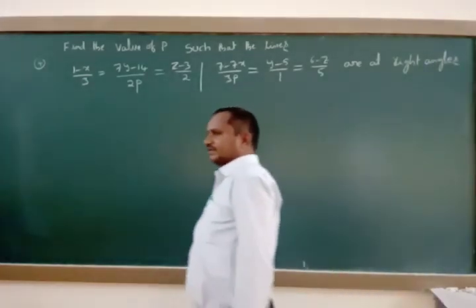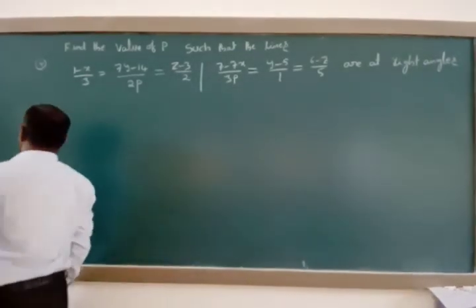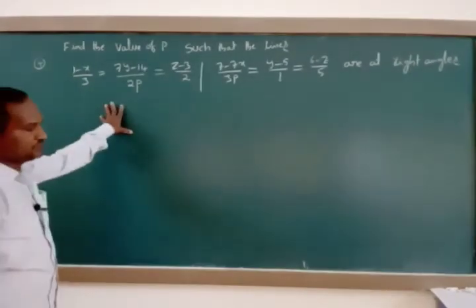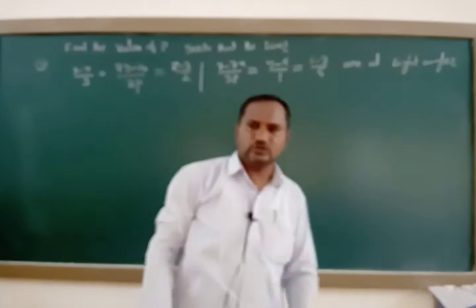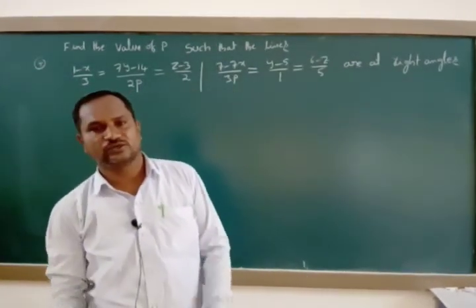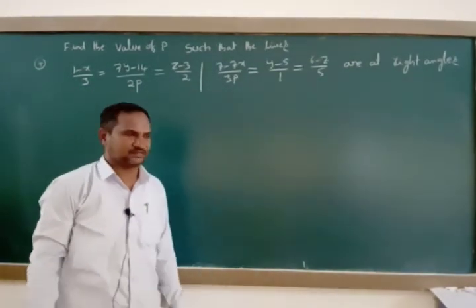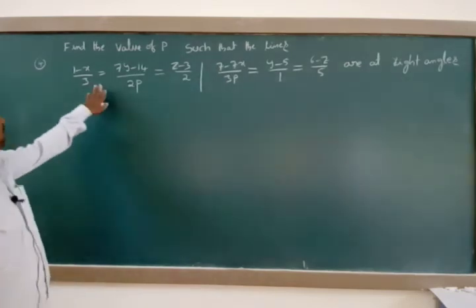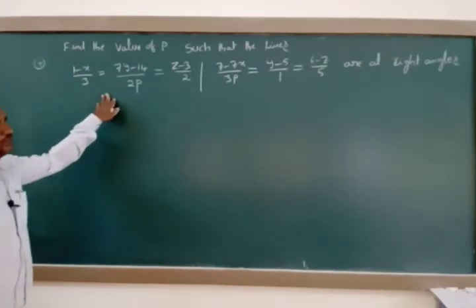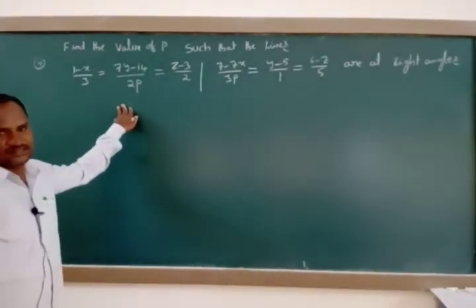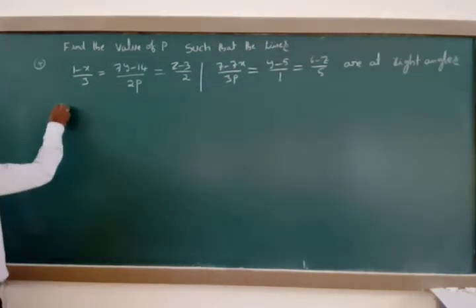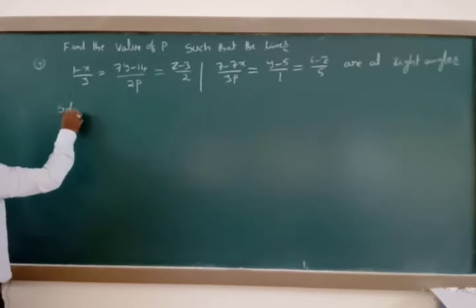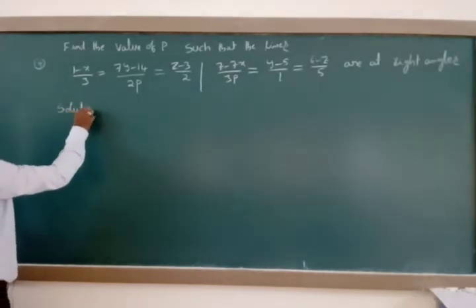At right angles means they are perpendicular to each other. Whenever they are perpendicular to each other, as I told you before, the condition is A1 A2 plus B1 B2 plus C1 C2 is equal to 0. We have to apply this. At the same time, they give the lines in Cartesian form, so we must consider them in standard form. The solution for this question is